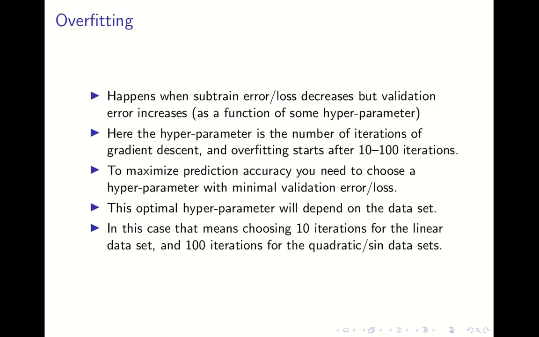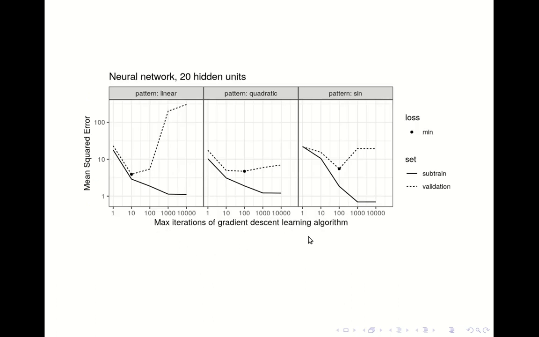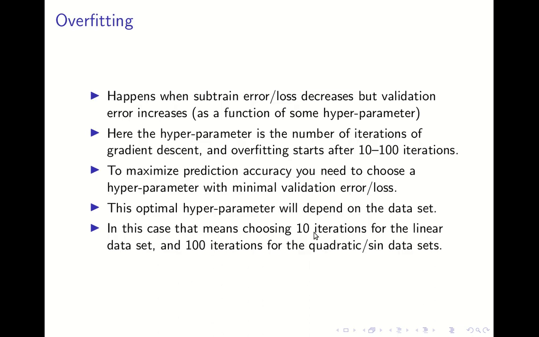The next thing I want to show is a little bit more discussion about overfitting. It happens when the subtrain error decreases but the validation error increases as a function of some hyperparameter. Here the hyperparameter is the max iterations of the gradient descent learning algorithm. In the figure that we saw, the overfitting starts after 10 or 100 iterations. So to maximize prediction accuracy, we need to choose a hyperparameter with minimal validation error or loss. The optimal hyperparameter will depend on the data set. In this case, that means choosing 10 iterations for the linear data set and 100 iterations for the quadratic